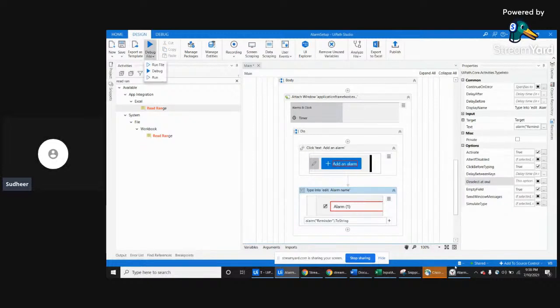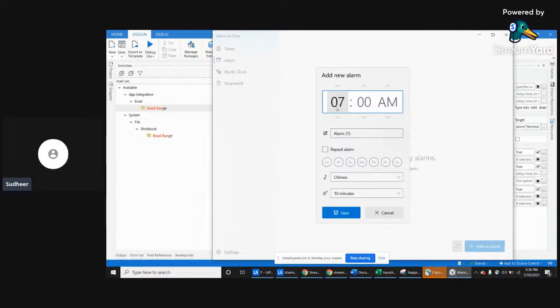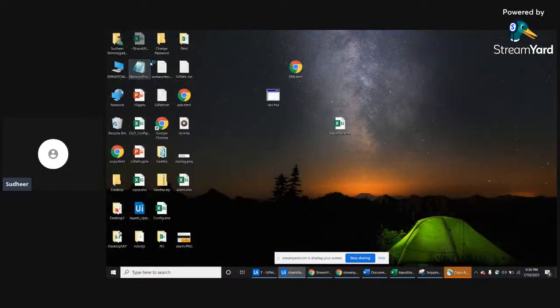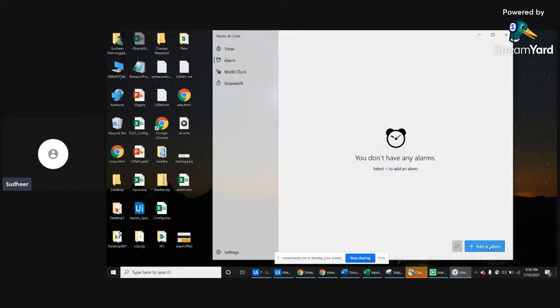let's run. Before running, what is the next thing? So you're just typing the time, right? Yeah, let's run now. We'll see whether it is working fine or not. It clicks on the add, and yeah, it is updating. Again it clicks on the add,